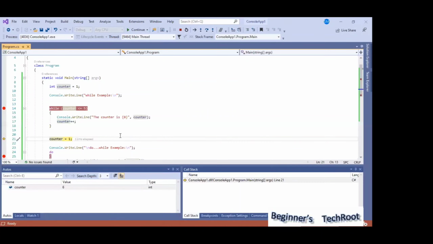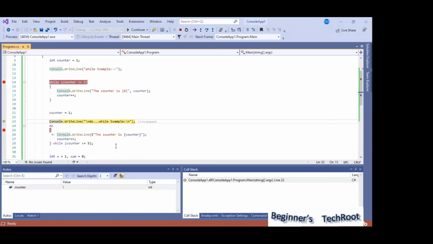Similarly, if I execute this statement, the counter is reset to 1. Suppose I put a second breakpoint because I don't want to step through here directly.